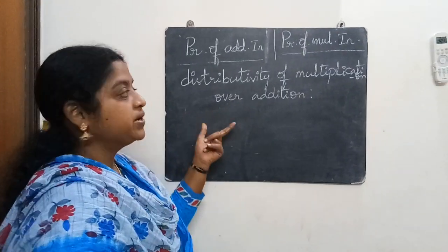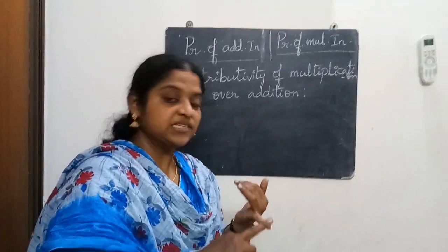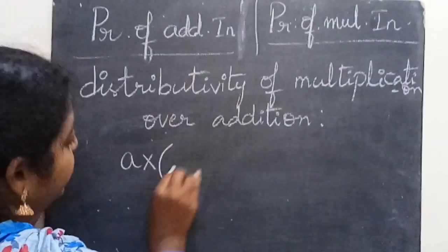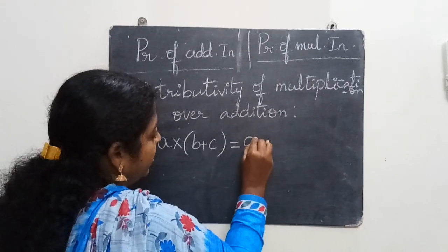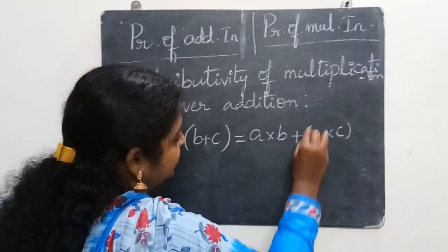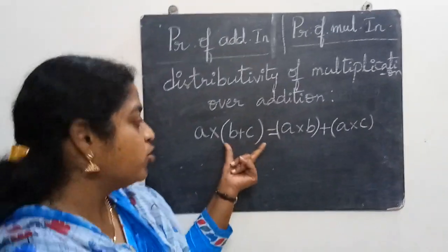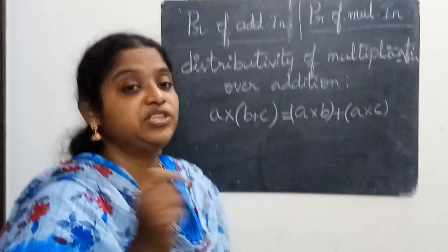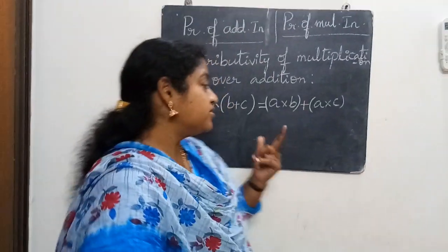Okay, this is the distributive property, children: distributivity of multiplication over addition. You will get the multiplication symbol and the addition symbol in this. See here, A into (B plus C) is equal to A into B plus A into C. You can put the brackets here. Here you may get one doubt. We have done the grouping, where changing the groups doesn't change the value. Which property is it? Tell me. Associative. Yes, correct. Associative.